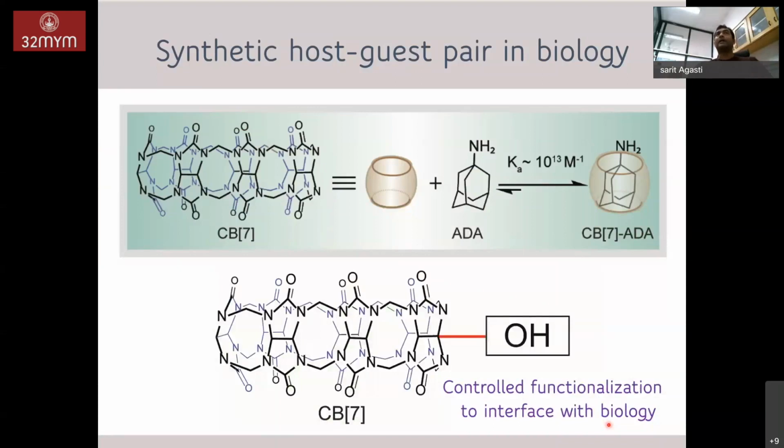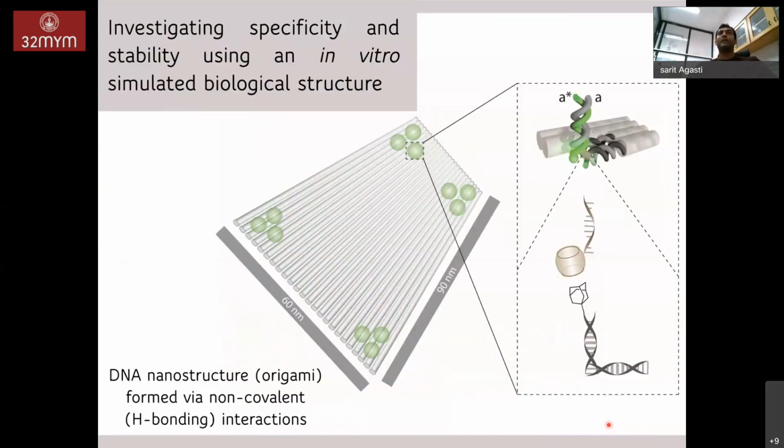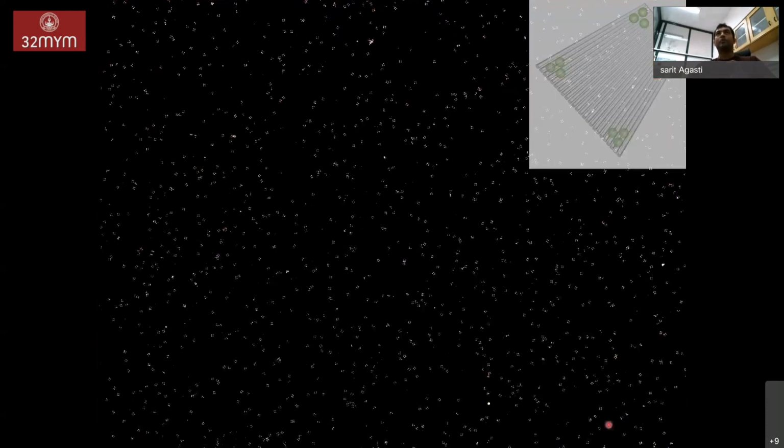So first, the high affinity complex. Okay, once we got to the region where we are getting a complex formed with an affinity of the order of 10 to the 13, what we did is that we immobilized them on an origami platform. Origami is used because we can image them in such a way that we can exactly localize and precisely tell the position of this molecule. After immobilizing them, we imaged this molecule formed by host-guest complex, and this is the origami structure which was designed, and this is what we observe.